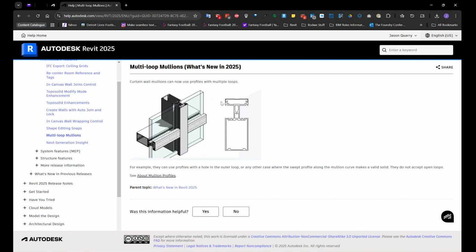So as you can see in this picture right here, it was impossible to create this. In order to create this, your profile would be just the outside. So in essence, your mullion would be solid thick. And the only way you could get this to show up in sections and floor plans and such is if you inserted a detail component into that profile. Now you don't have to. It's probably still a better idea than to do what they show here, because it's going to be taxing on your system for the system to always rethink and reorganize what priorities of graphics and things to show